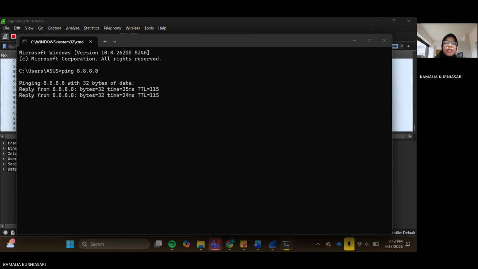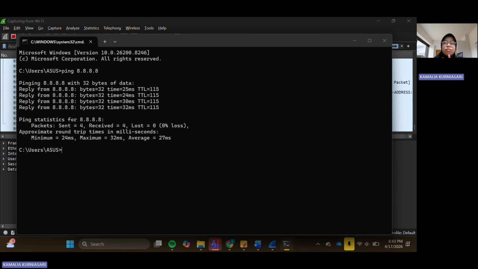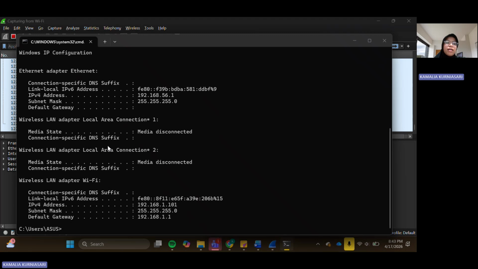This ping command is to generate network activity, and here we are checking the IP config. Same as the network scanning before, the IPv4 is 192.168.1.101.